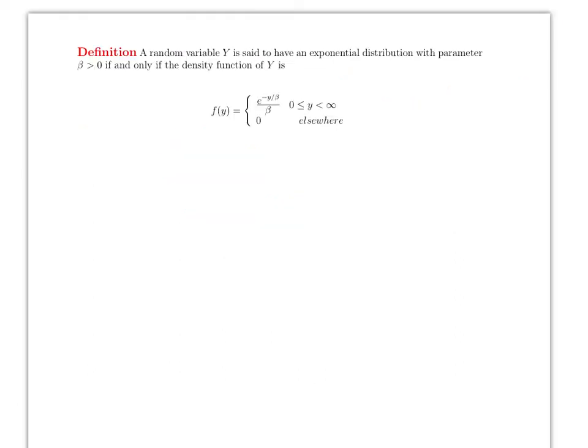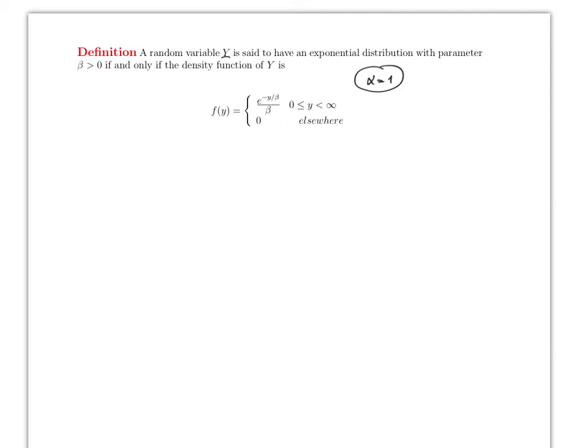Now, we have one more definition here. We will get another distribution from the gamma distribution, and it's the following: a random variable y is supposed to have an exponential distribution with parameter beta if and only if the density function is this. Notice here that the value for alpha is equal to 1. So therefore the exponential is a gamma density function where alpha is equal to